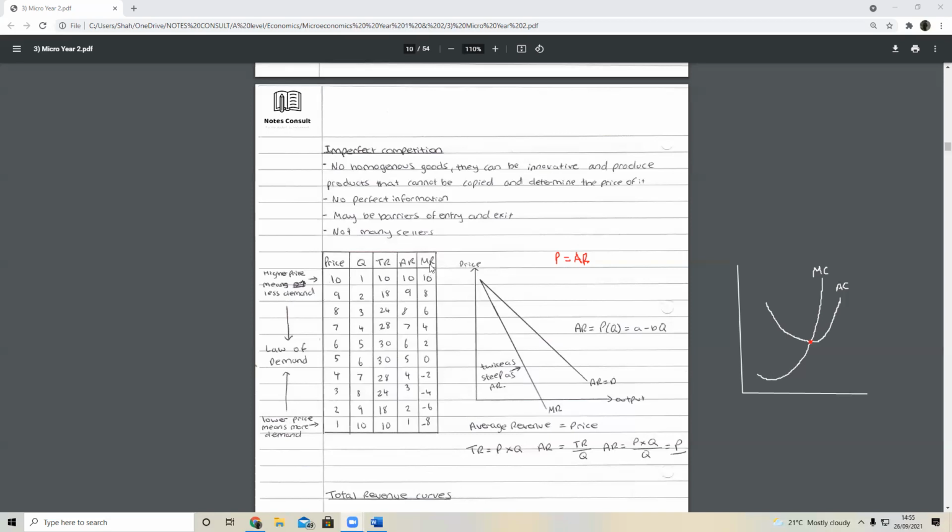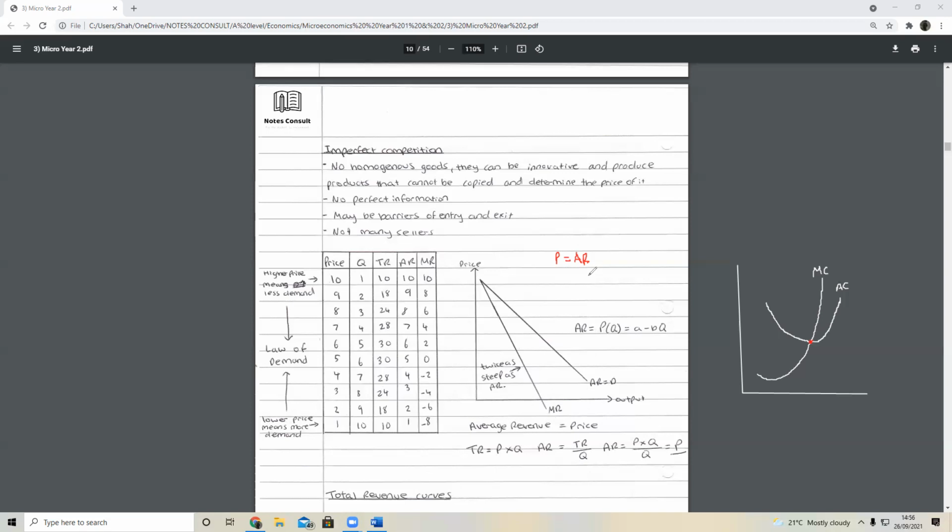And marginal revenue, remember, because of the law of diminishing returns, can also go negative. There can be a point where it starts to go negative. That's why marginal revenue can go below the x-axis, and you can draw that in economics. You can show that. They actually find it more impressive.